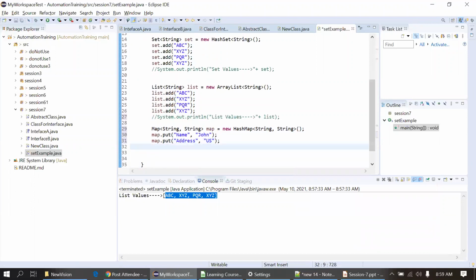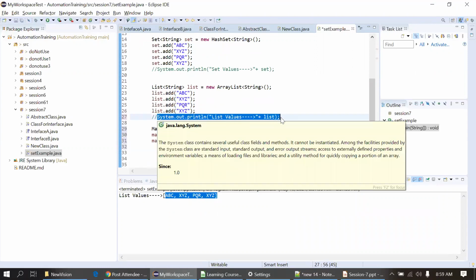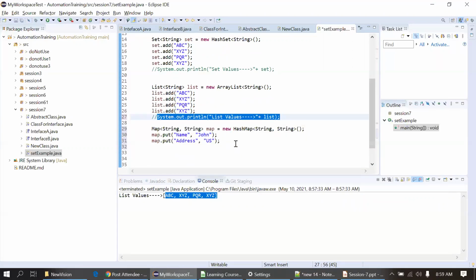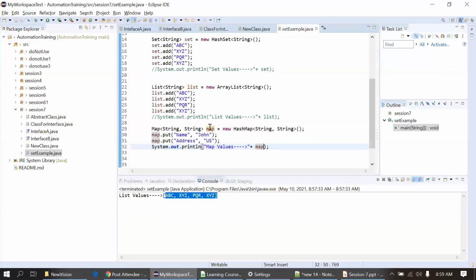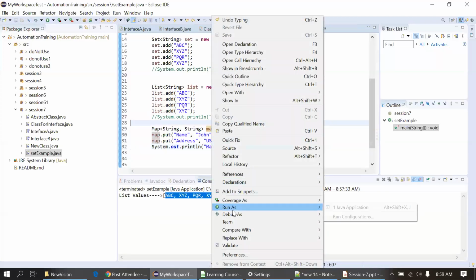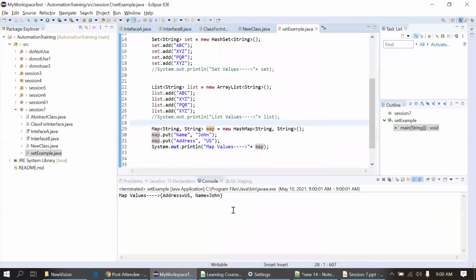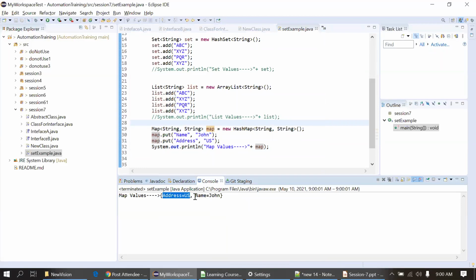I will put only two values here and I'll print this map now. Now you can see we are getting this value, address US, name John, in a key value pair.